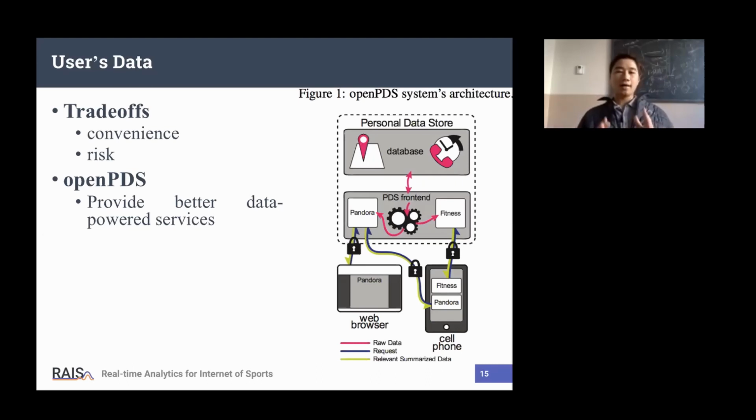Something like this. And depending on this information, I can also weigh the convenience or the benefits of the service provider, and I can protect my personal data. That is the main idea of OpenPDS. It looks like a filter layer between the user and the service provider. Whenever the service provider sends a request to the PDS, it always loads the raw data from the user and reviews the details of the data before sending it to the service provider.